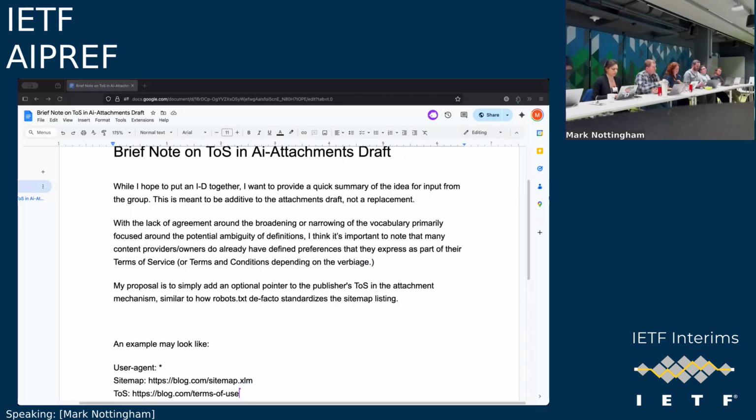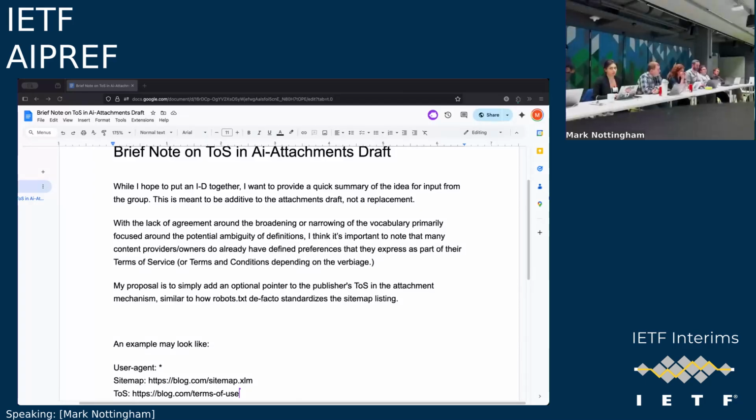This is not about this idea, but it may be a way to submarine it in. We have link relations, and there's a link relation called terms of service. But there are also other link relations that might be useful. If you can find a use for one of the other link relations in this context, outside of this working group, adding that, that's already present in HTTP, that's the attachment that you care about. But adding some sort of generic linking capability in robots.txt would be a very interesting possibility.